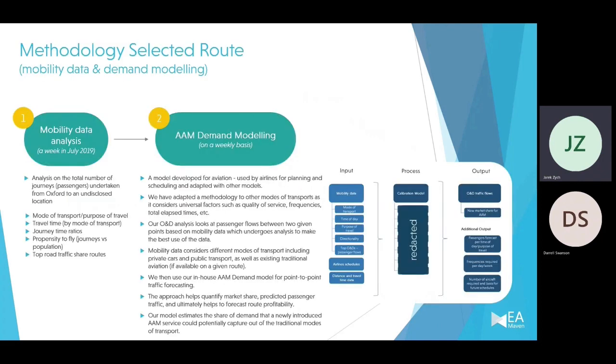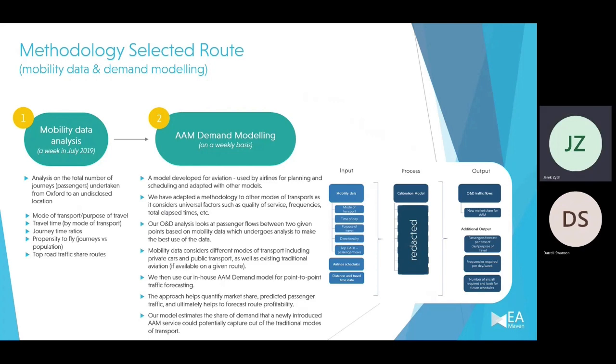So basically the RAM indexing process is the first step of analysis we take. We've analyzed 390 routes, and those would be most suitable for future AAM operations within the UK. But of course, to assess some other factors that could be taken into account when analyzing those routes in detail, we would need some other approach than just an indexing process. So that's why we've developed our demand modeling tool, which gives you more insights, not only into the total number of passengers or travelers traveling between two catchment areas of each airport analyzed, but also this model gives you insights on how many people would switch from other modes of transport, assuming you could introduce your new AAM service